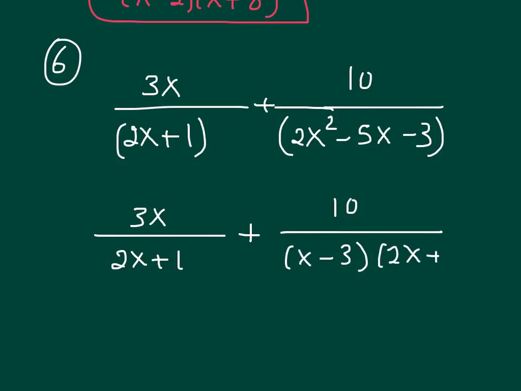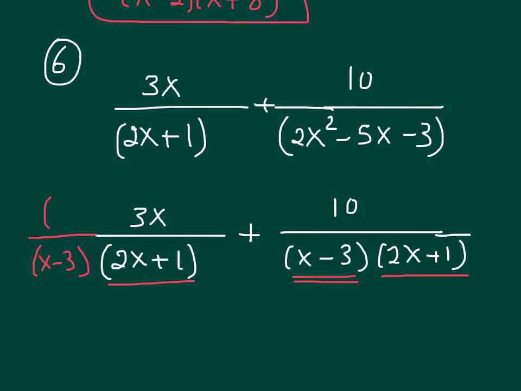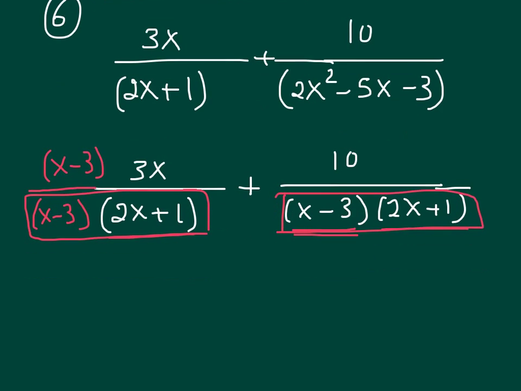Now we have to look for the common denominator, or the least common multiple of those denominators. As you can see, 2x plus 1 and 2x plus 1 is a common denominator. Here we have x minus 3. We need to multiply top and bottom by x minus 3, so we do have a common denominator. As you can see, look at this denominator and this denominator. Are they common? Are they exactly the same? You take this common denominator here,